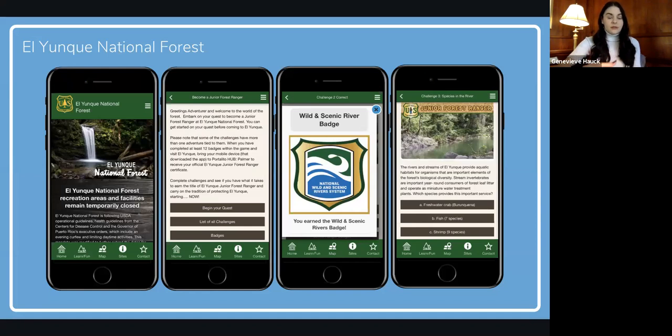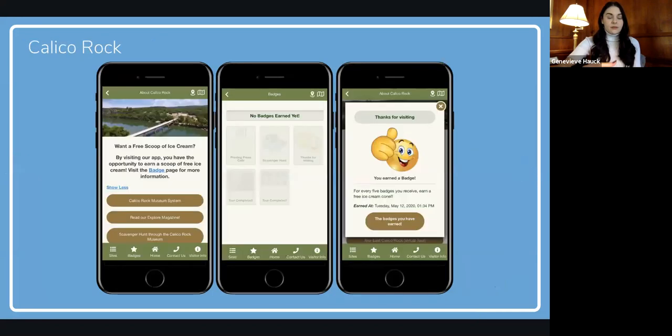So Calico Rock, this is a cool one because like I had mentioned, prizes, incentives. Once you make your way through the app and you earn a certain amount of badges, just kind of looking at this information and making your way through the virtual museum tour, you actually earn the badges, and once you do, you can kind of turn those in for a free scoop of ice cream. So this is another great way in terms of